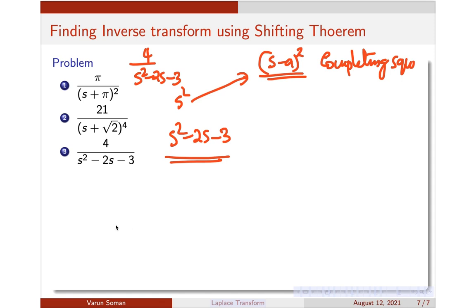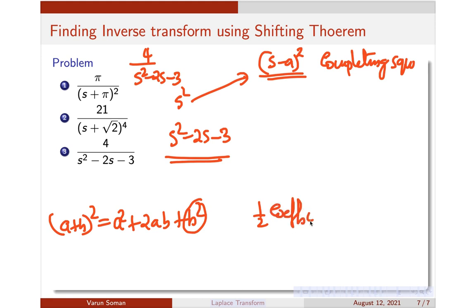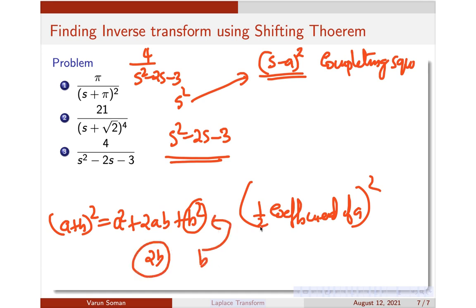Okay, it's a very simple thing. If you know the formula a square plus 2ab plus b square, that is the formula of a plus b the whole square, you can see that this b square is actually, just be careful what I'm saying here, the square of half of the coefficient of a, right? So is this clear? Here the coefficient of a is actually 2b, the half of that is just b, so that is the term which is coming here.